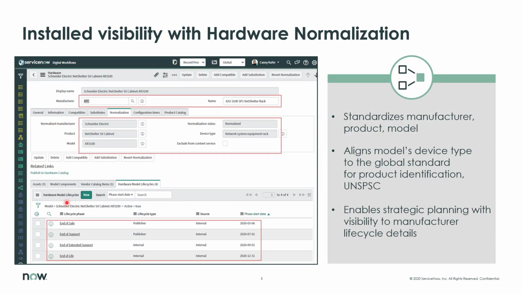Inside the interface, you can see that the name of a given asset is SP1 Net Shelter Rack, and this is the 3100. And you can see the manufacturer came in as the wrong manufacturer. What the normalization has done is recognize that this is the 3100. It's actually made by Schneider Electric. It's the product Net Shelter SX, and it's a cabinet, and the model number that we're keying off of is AR3100. And so you can see that this is now normalized, and we create the display name of Schneider Electric Net Shelter SX Cabinet